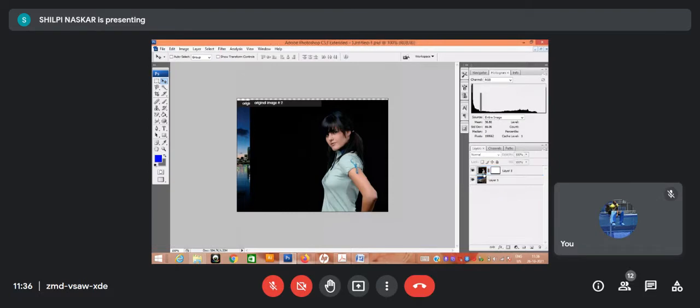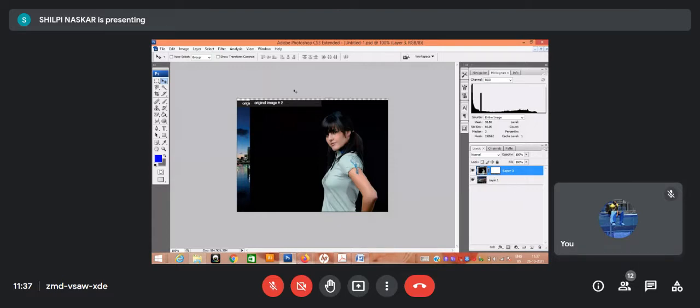See at the layer palette, with the top layer or the layer to be masked, a white layer has been linked. The original layer is unaltered. It is just linked with a mask layer. You can unlink these anytime. Just click it and it will be unlinked. Okay, now just let me do it.